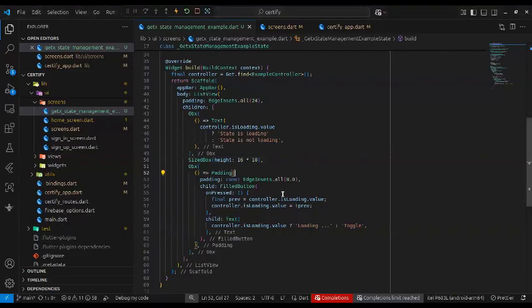So this is what happened, right? I've wrapped. Remember, our state was not changing on the UI when we looked at the mobile application, right? But we were toggling the states quite fine, but the UI was lying to us. Okay. So now I've wrapped everything with an OBX. Now let's quickly